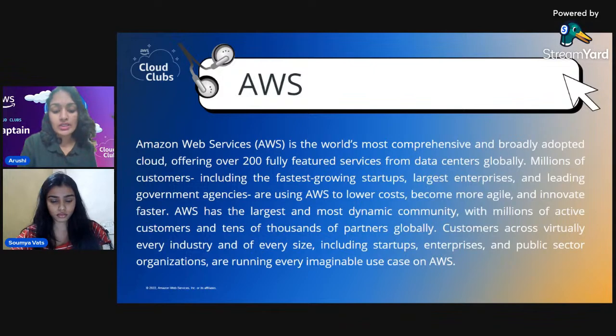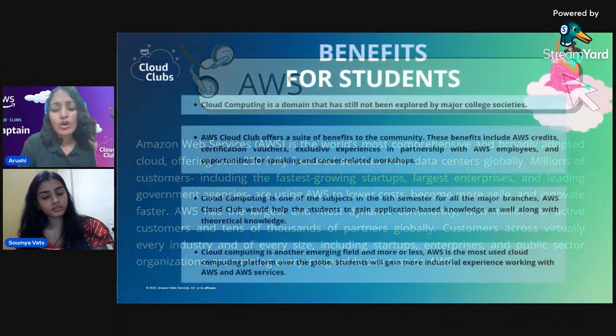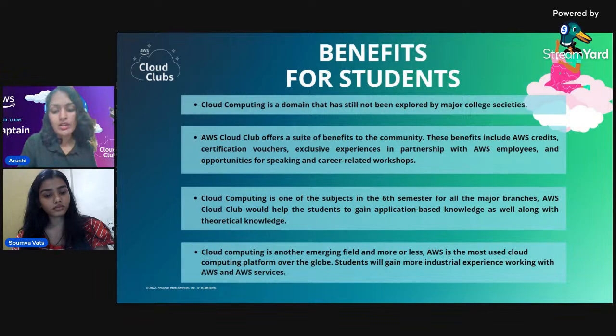Millions of customers, including the fastest growing startups, largest enterprises, and leading government agencies, are using AWS to lower cost, become more agile, and innovate faster. Customers across virtually every industry and of every size, including startups, enterprises, and public sector organizations, are running every imaginable use case on AWS. Coming to the next part, or I will say the most exciting part, when you join any club, society, or organization,